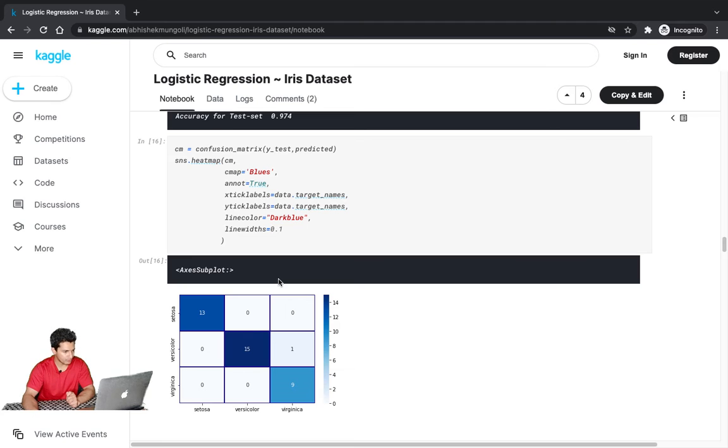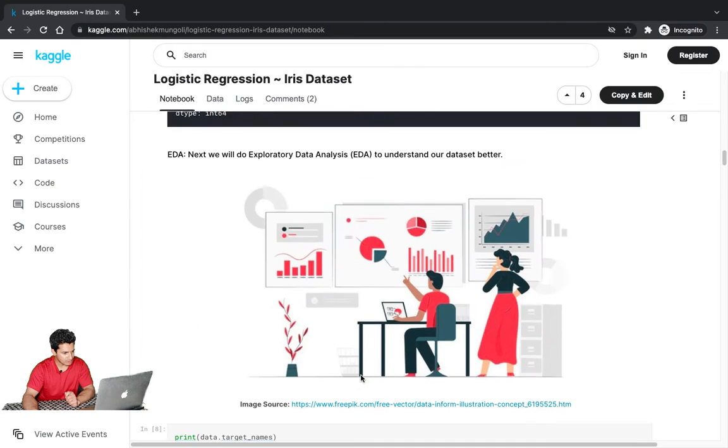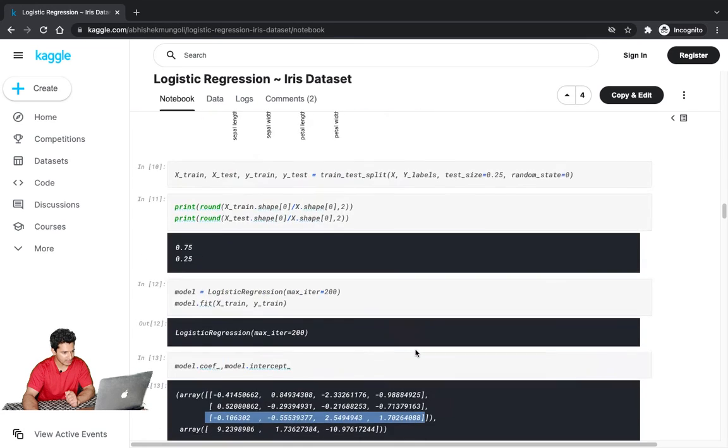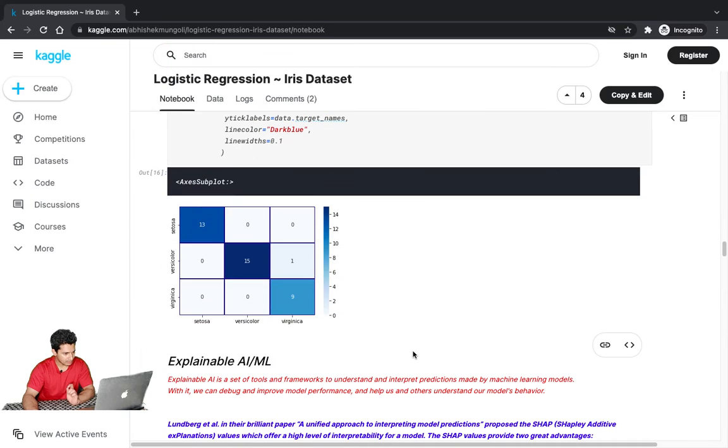And if we see the confusion matrix, Setosa has always been classified correctly in the test set. Versicolor has been also classified correctly most of the time except one, and Virginica is also classified most of the times correctly. Actually, all the time correctly. Here the model made one mistake where the actual label was Versicolor, but it went to Virginica. And it may be possible because if you see, Setosa is clearly separate from the other two classes, but there is some similarity between Versicolor and Virginica. That's why that error, that one place the model might have missed it.